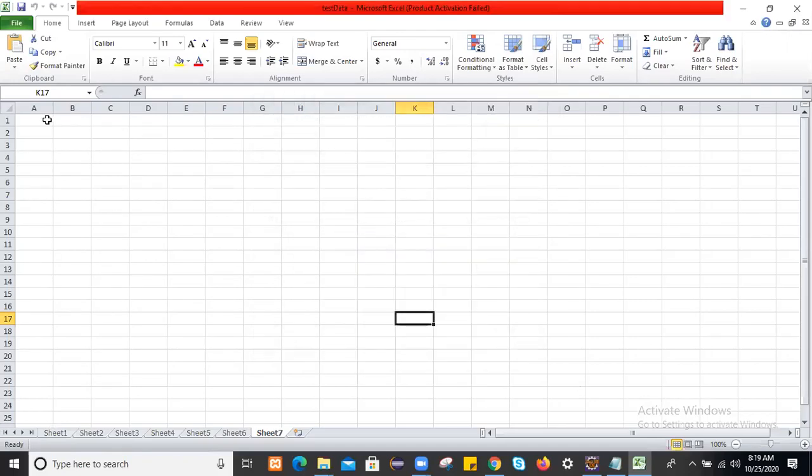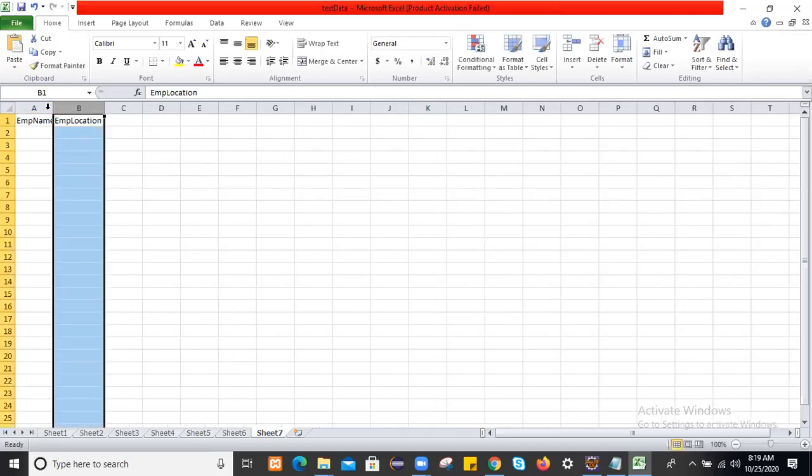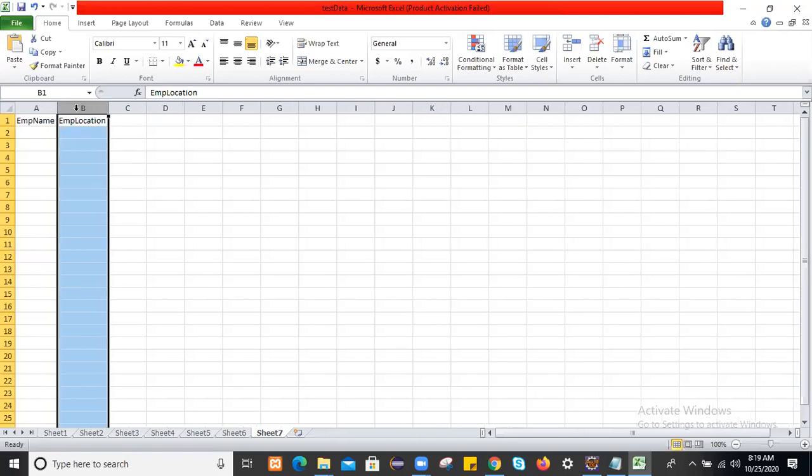On which sheet are you going to interact? Let's suppose I am going to create employee name and employee location within the sheet, and I want to read this data.